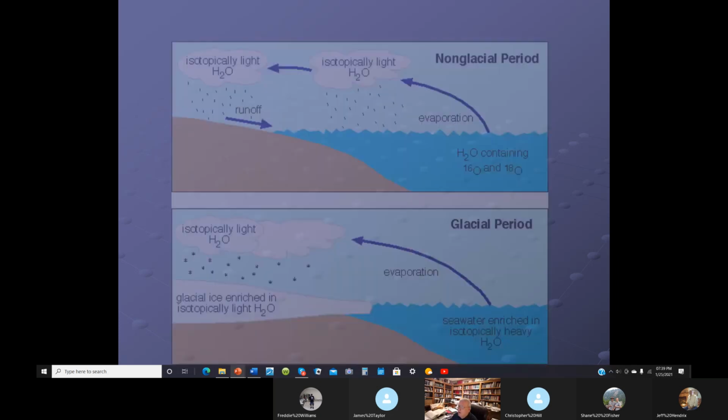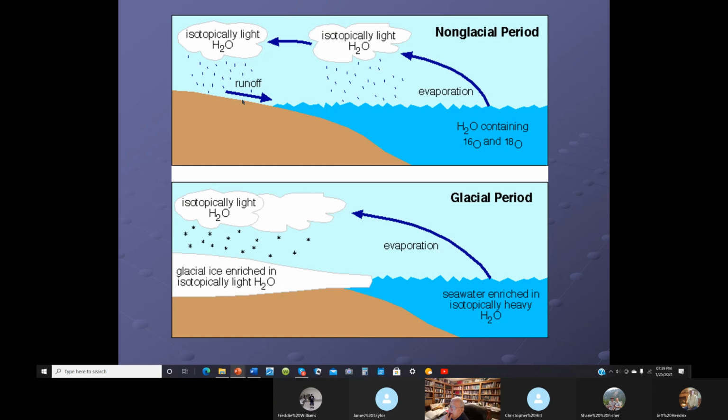All right. Right here, I picked this off a website. Here is the light H2O. Now, that would be your 16. Now, what happens with evaporation is the molecule has to get moving fast enough to come out of the surface as a vapor from the surface of the water. The heavier the molecule is, the more energy it has to get to exit the water. So the 16 H,